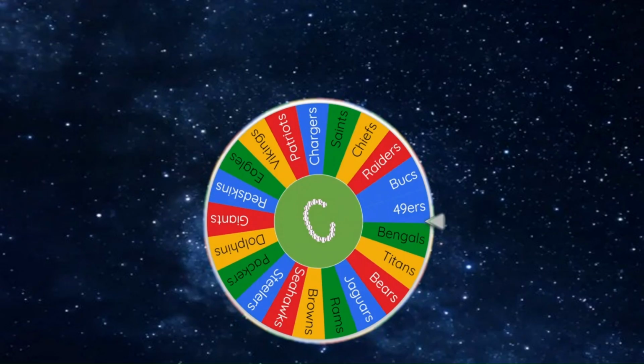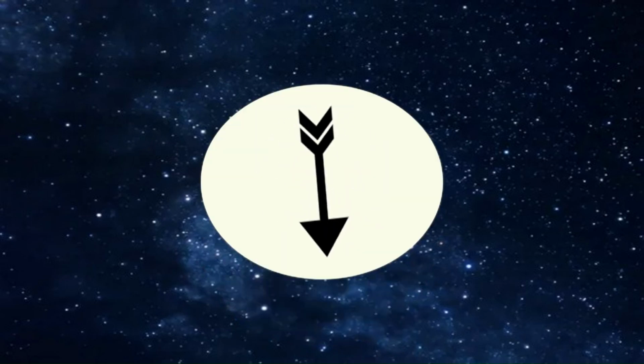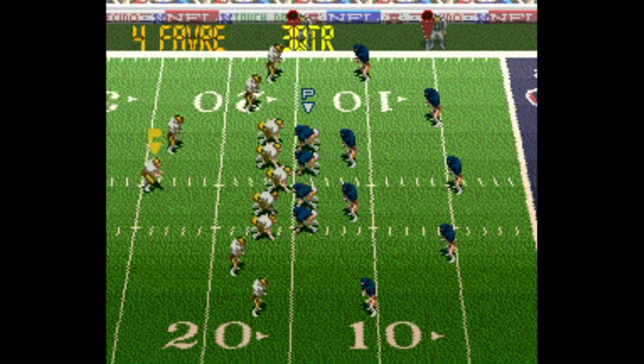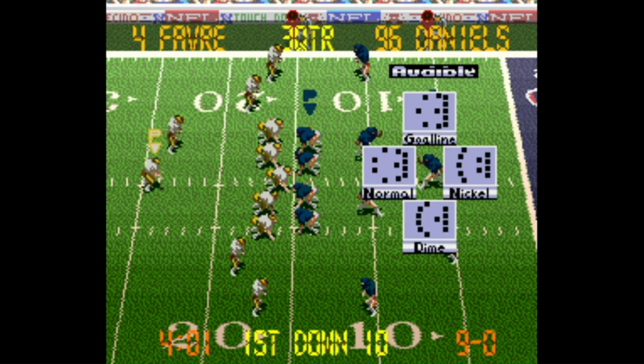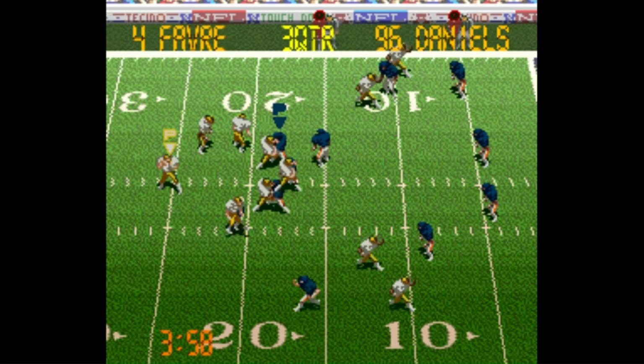We're going to head back to this old wheel, and it's going to be landing on the Packers. They're going to go on the attack to the south. That will place them against the Chicago Bears. After settling for 3 field goals, the Packers are going to look to get into the end zone. They're on the Chicago 15-yard line.